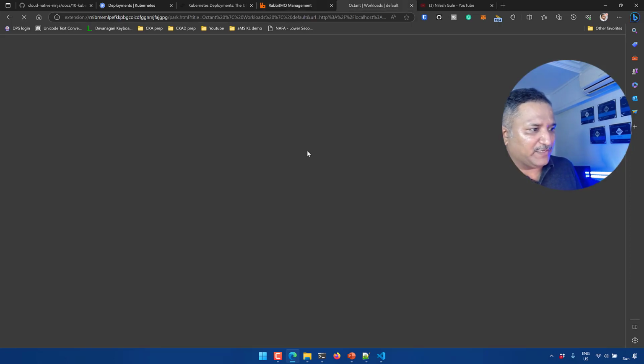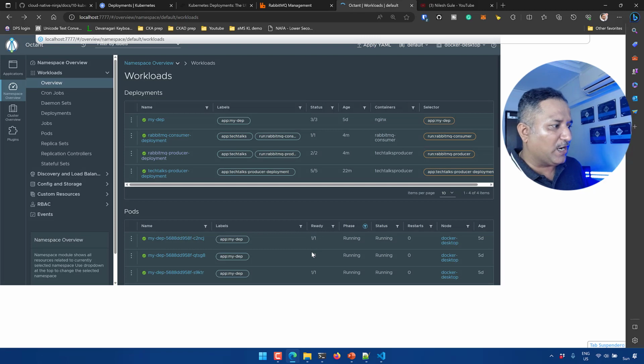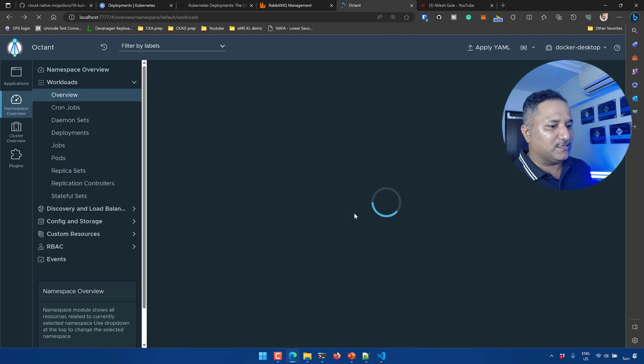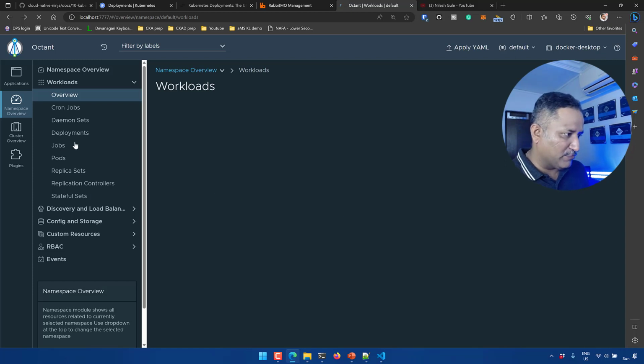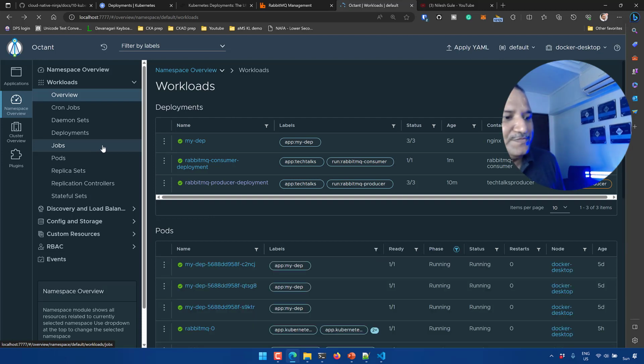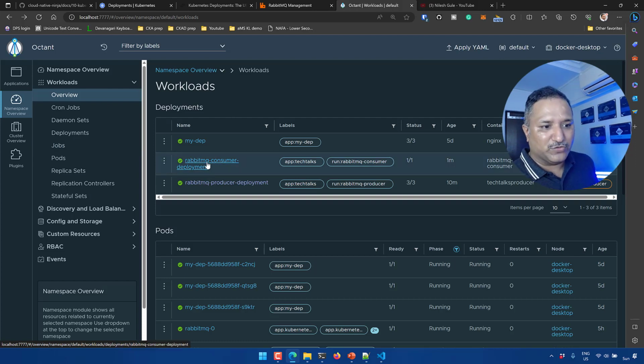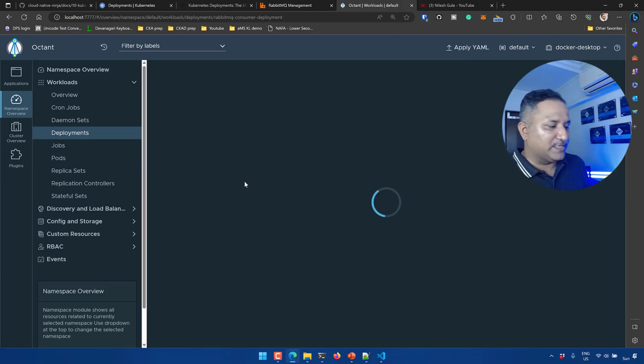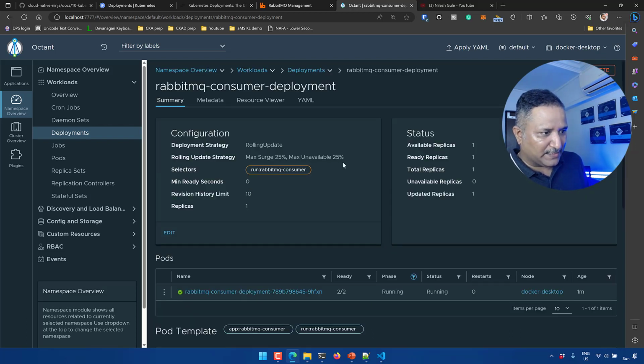If you remember, in the previous video I had shown how to use Octant as the visualizer for the Kubernetes cluster. We can use things like events. We can do the describe command to understand what is going on inside our objects. But the easiest way I find is to use a tool like Octant or Lens, which I had shown earlier. Now we have the rabbitmq consumer running here, one replica of that. We can go into the details of the rabbitmq consumer, and we can look at the logs of that. So in here we see one replica is running,